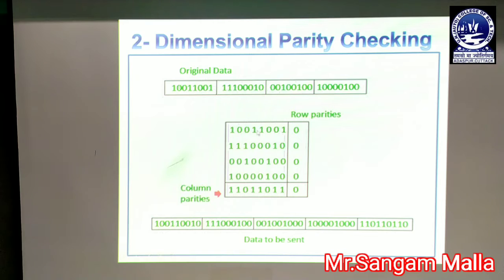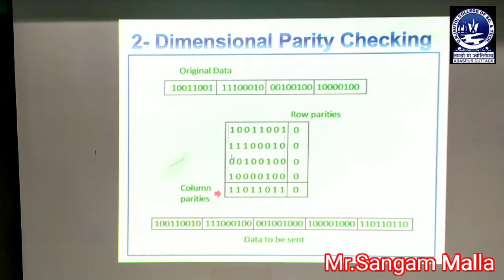You can see that the row parity has been calculated and added here. Similarly, the second row parity has been calculated and added here, and likewise the third and fourth rows. So the first, second, third and fourth rows each have their parity.